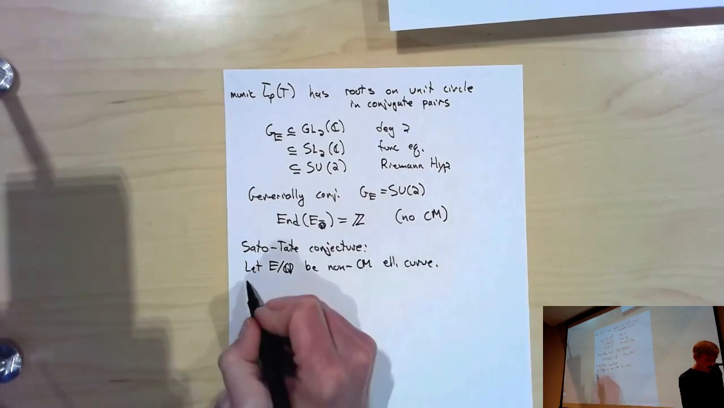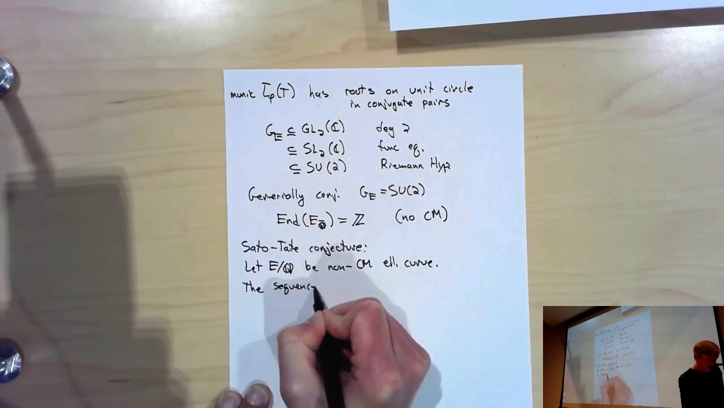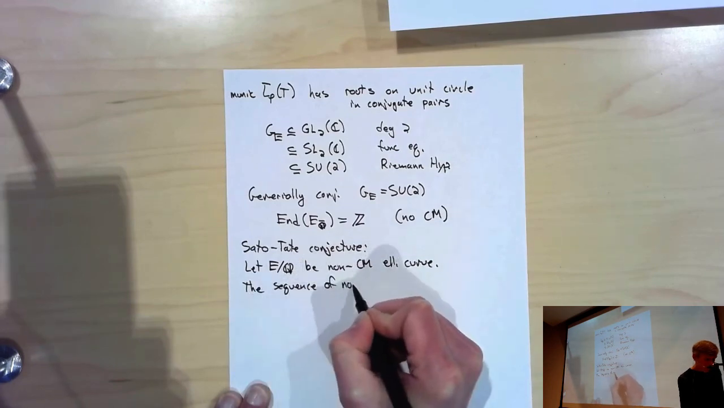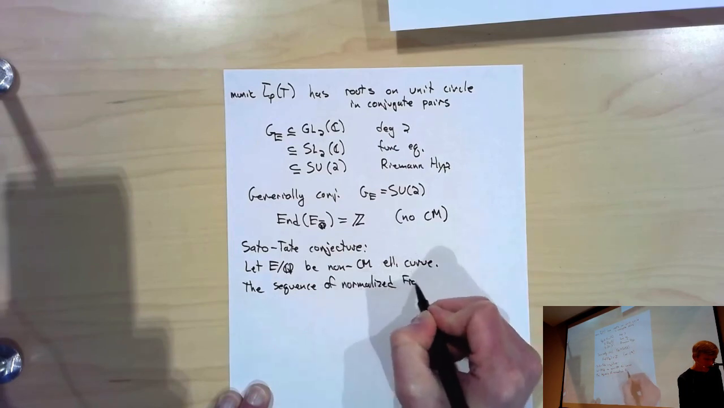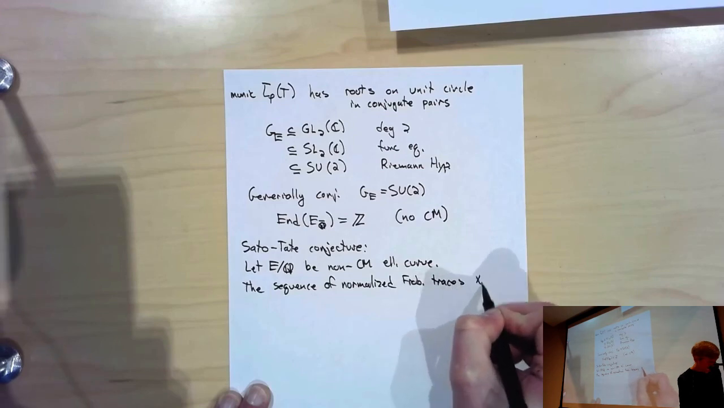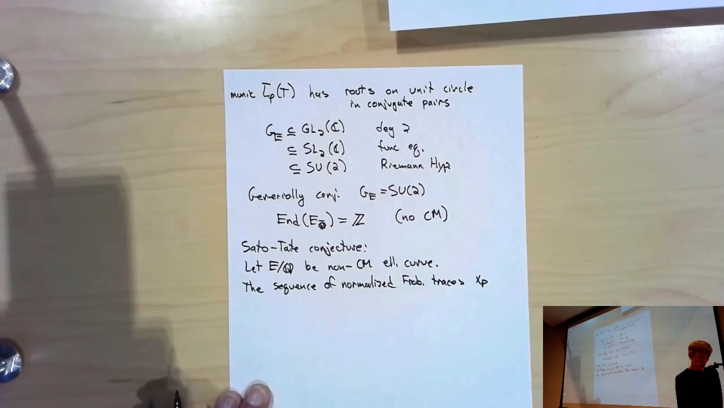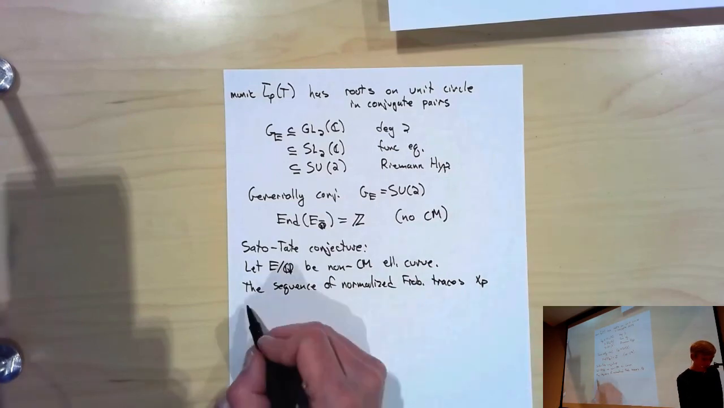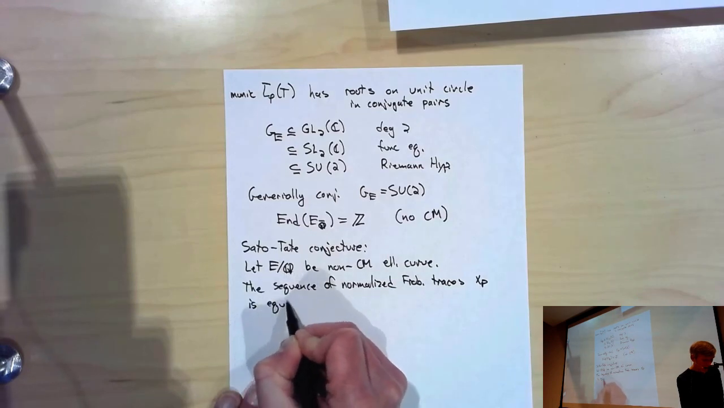Okay, and the statement is that the sequence of normalized Frobenius traces, which I denoted x_p, and here I'm always assuming that p is a prime of good reduction, but actually it doesn't matter because whatever values it takes at the bad reduction aren't going to change distribution quantities. This sequence is equidistributed